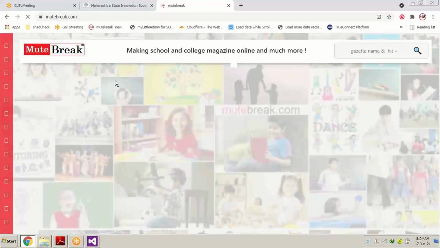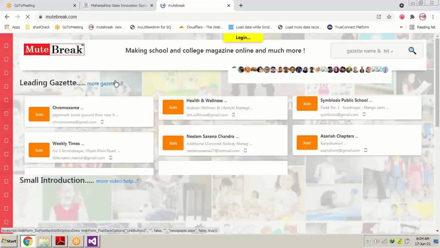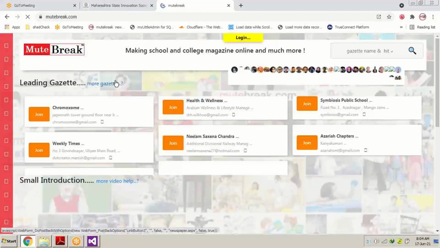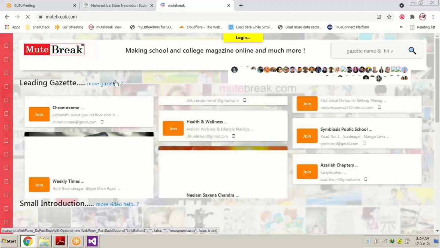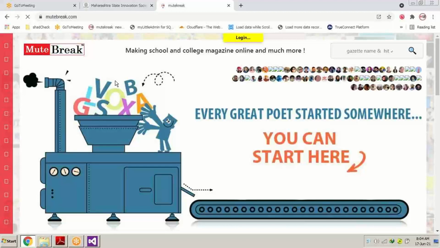You will be finding many controls. I will be telling you about many controls. A few controls I'm going to discuss with you, and we are going to use those controls in our small project in this session. But there are many controls which require many days of experience to use in your web portal.